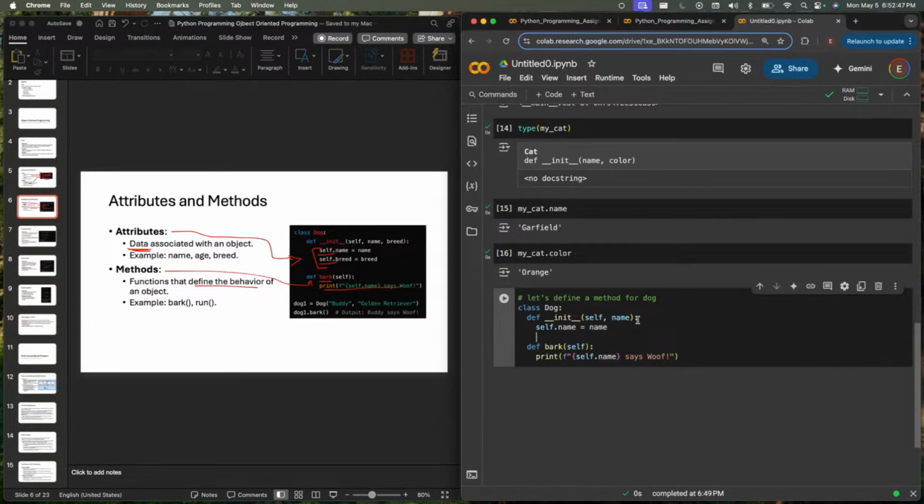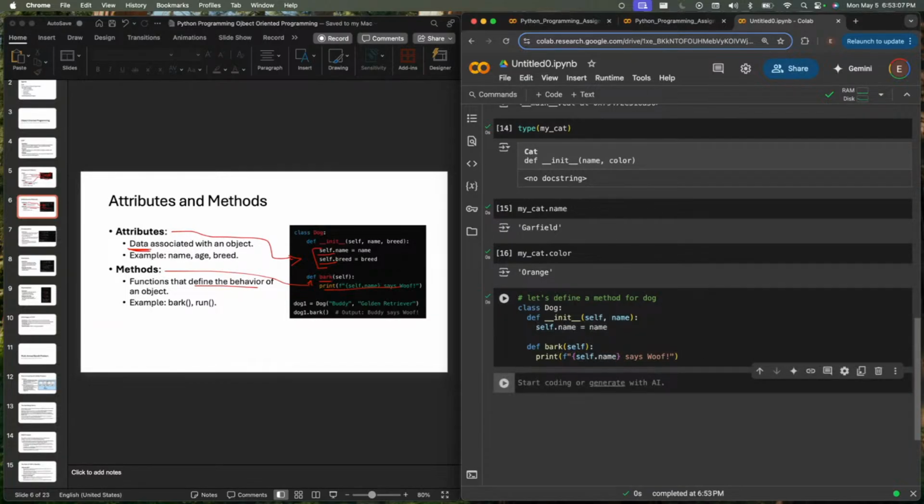Okay, so we have our class definition for dog, our initialization function that takes in name and assigns name back to the self parameter. We have a function that takes in self, which is just the object itself, the dog in this case, and it prints out self.name says woof.